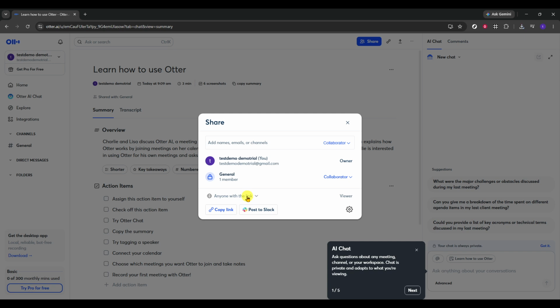From the drop-down options, choose anyone with the link. This updates the sharing permission so that anyone who receives the link can open the transcript, depending on your Otter settings. It is a good idea to double-check that this option is active before copying the link, just to avoid